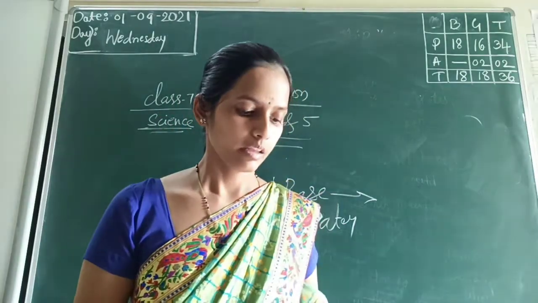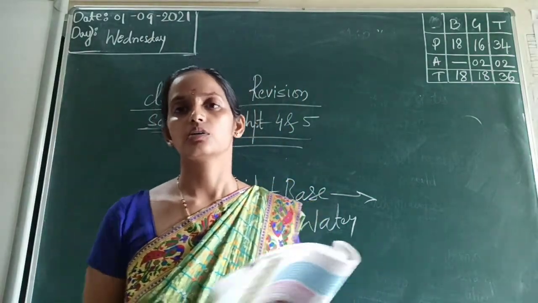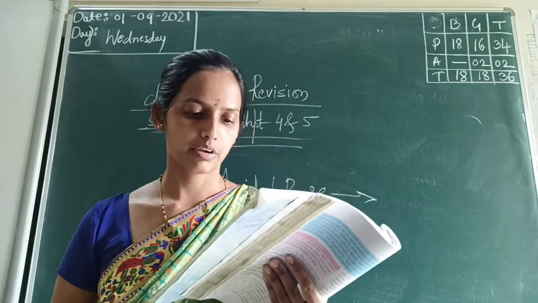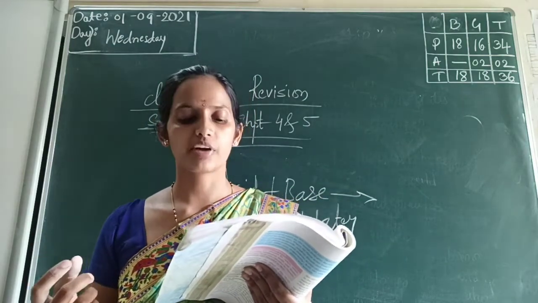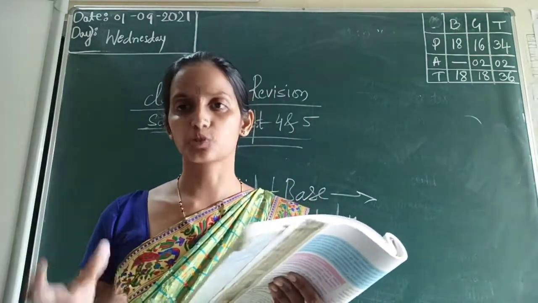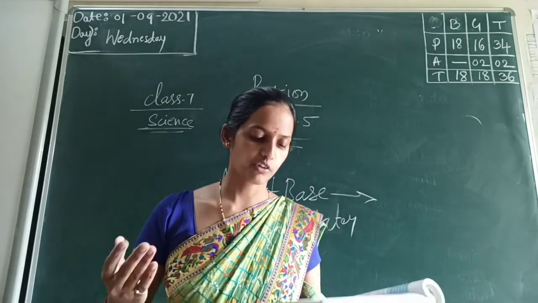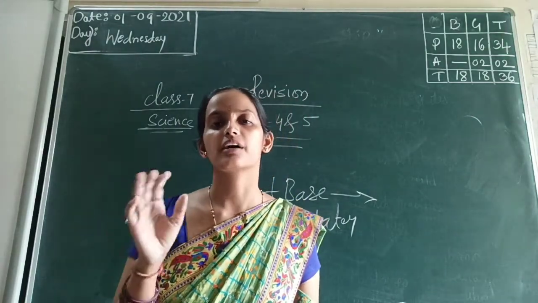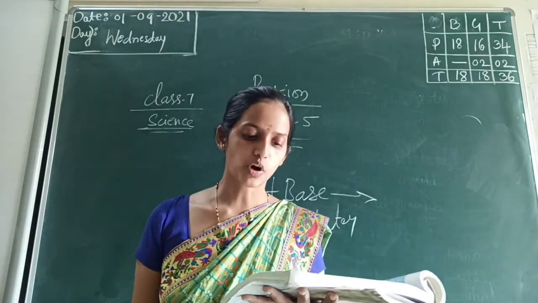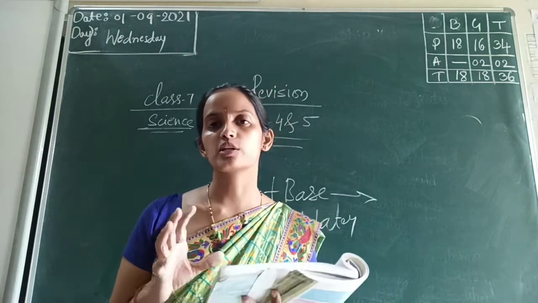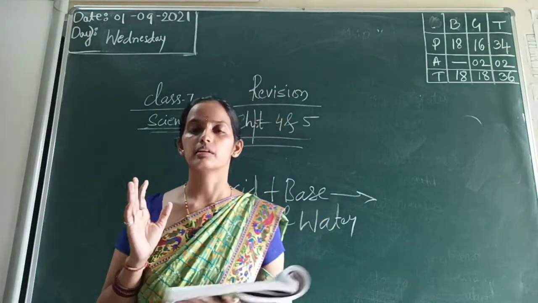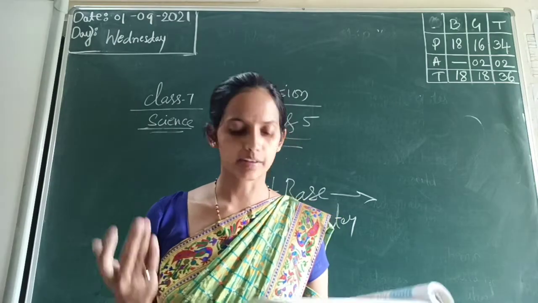Then an ant bite: the ant releases an acid, formic acid. We neutralize the effect of the acid by rubbing sodium hydrogen carbonate, or baking soda. So on the acid we are applying a base to have the neutralization reaction. Then soil treatment. The soil should not be either acidic or basic. Proper maintenance of the soil is very important for plant growth.